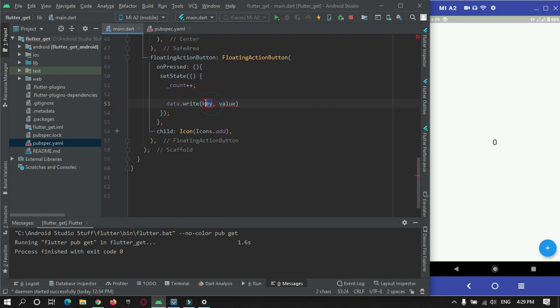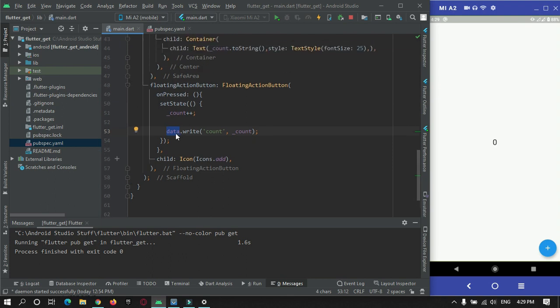The key we can name as count and the value will come from this variable that got incremented when the button is pressed. Now this counter is stored into this key under this get storage instance. So now we can use this anywhere in your app.